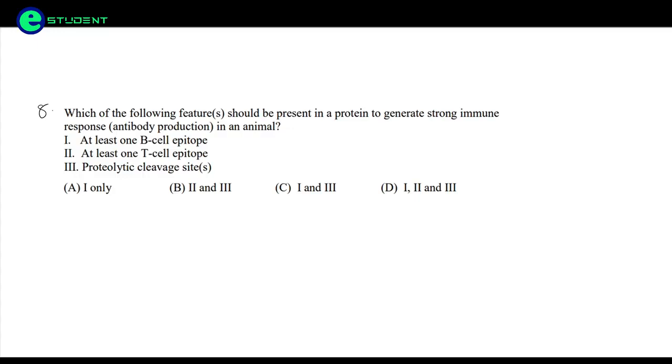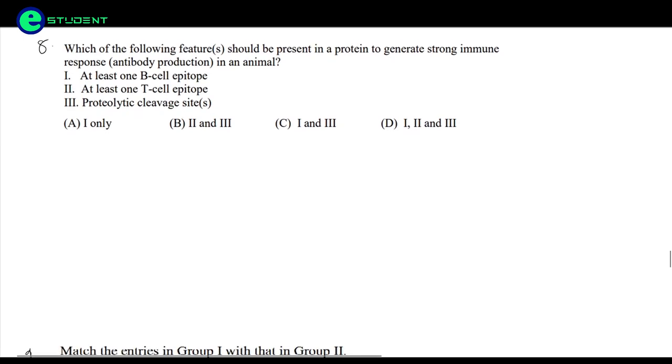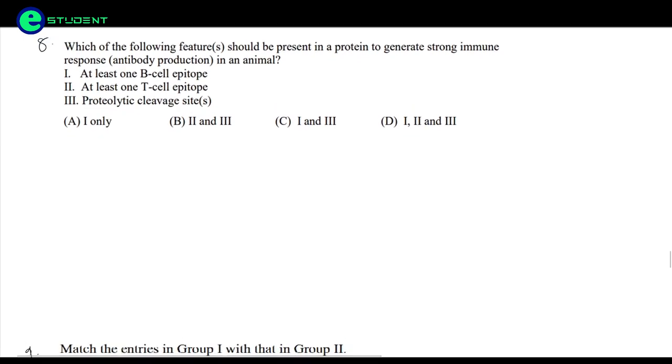We know the B cells produce the antibody. The antigen will come and bind to the antigen presenting cells. These antigen presenting cells can be B cells,